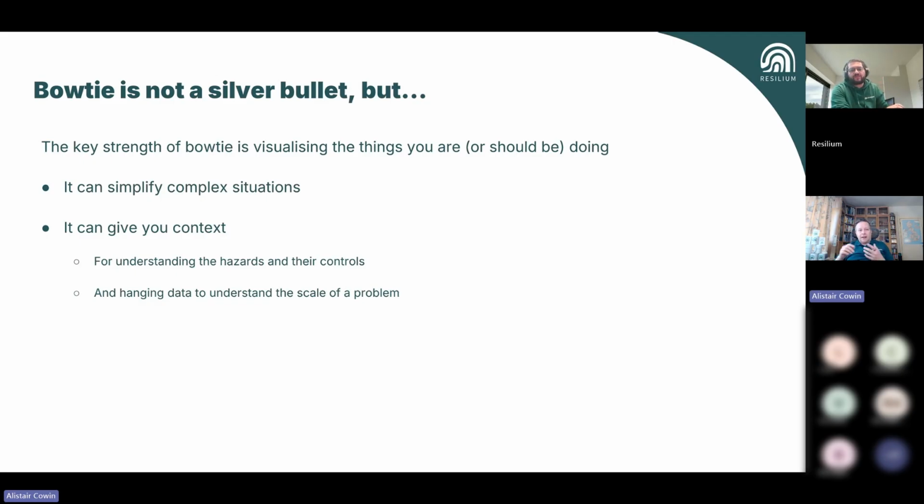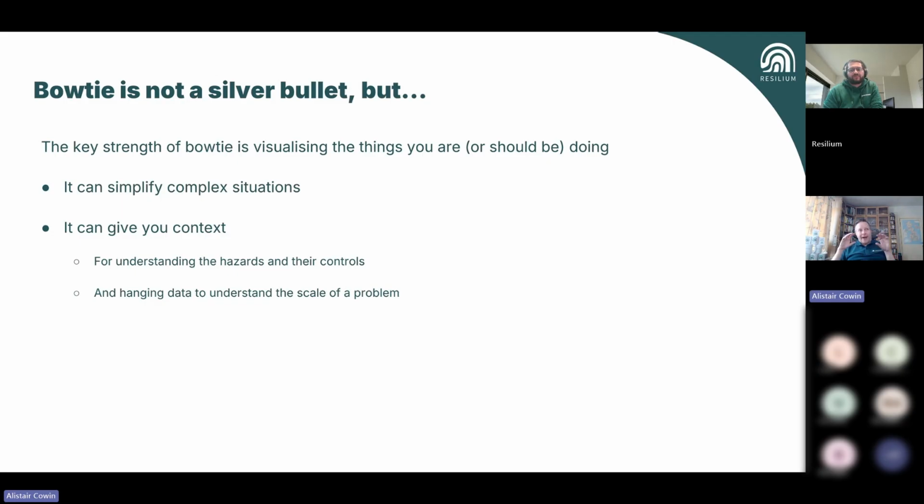And I think it's, as the academic bits say, the simplification of complex situations that allows you to have better knowledge. It allows you to pass on that information of the hazards and the controls to people who are doing things. Your shop floor staff are really important in this because they're often the first recipient of the pain when it goes wrong, or the first person to be there and fix the problem. So they need a good understanding of what they do, why they do it.